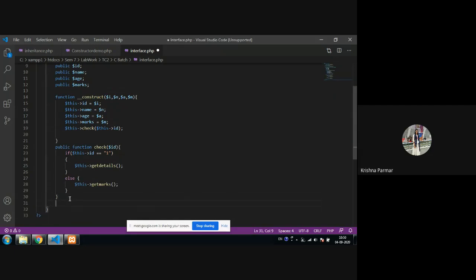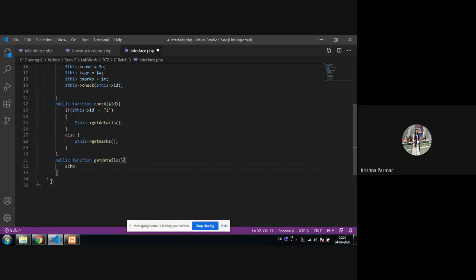Next, we have to implement both of these, the get details and get marks functions. Otherwise, it will give you an error. So public function get details, where I am displaying the employee details. So echo, then employee name is, which is stored in name.